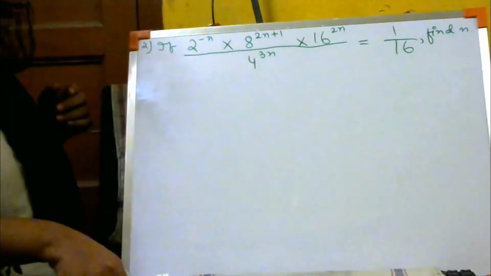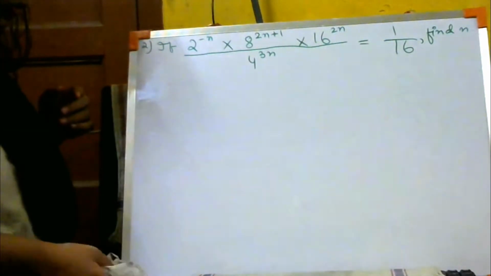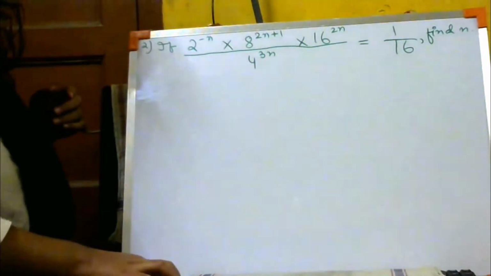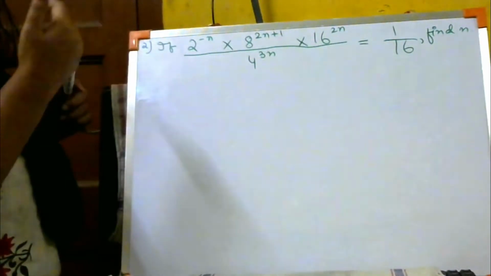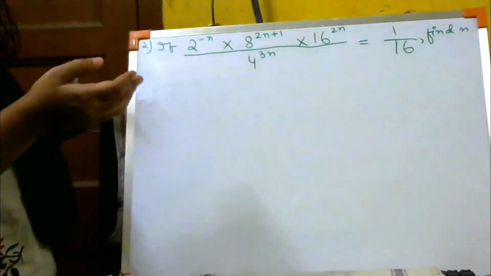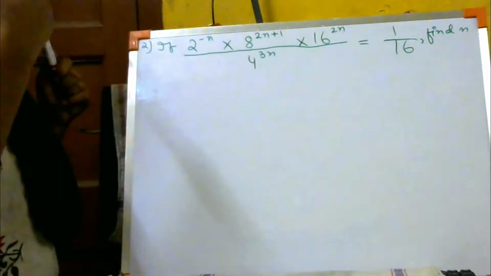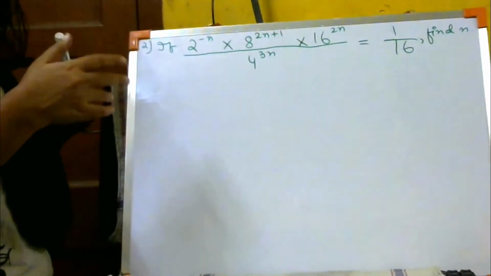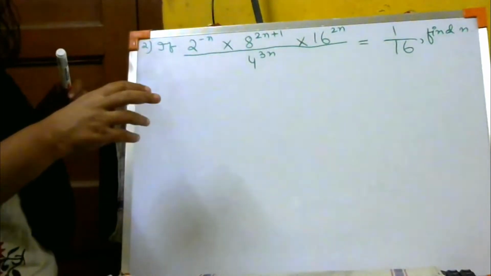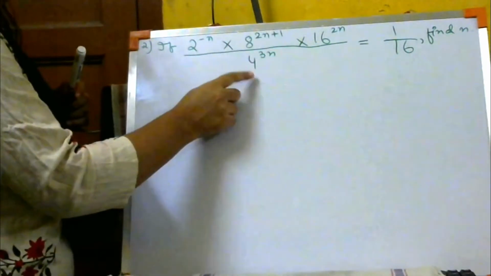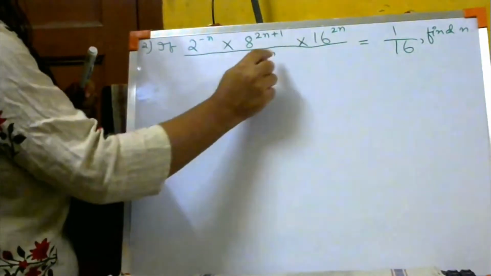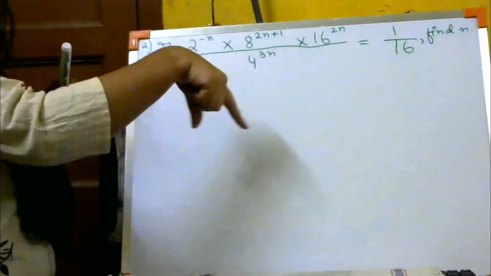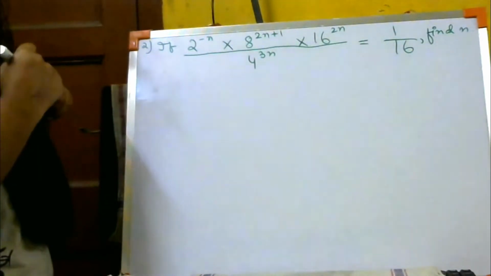How we are going to do it? सबसे छोटा नंबर यहाँ पे कौन है? 2 है ना? तो आपको हर एक नंबर को 2 के फॉर्म पे चेंज करना है, जैसे हम लोग कर रहे थे कि हर एक नंबर को हम लोग 3 में चेंज कर रहे थे, हर एक नंबर को हम लोग 4 या फिर 2 में, पहले भी सम्स में हमने किया था कि 2 पे चेंज किया था, बेस को 2 रखना था। तो यहाँ पे भी आपको बेस में 2 रखना है। यहाँ पे एक तो है कि बेस 2 है, लेकिन और नंबर्स देखो 8, 16, 4, 16, आपको ये सब नंबर को 2 के बेस में करना है, ठीक है? तो how you are going to do it?